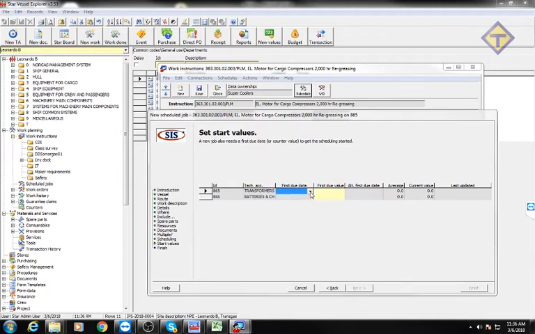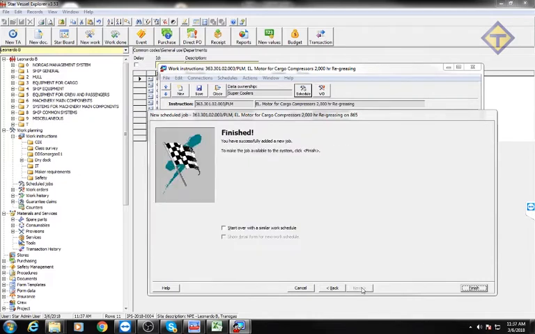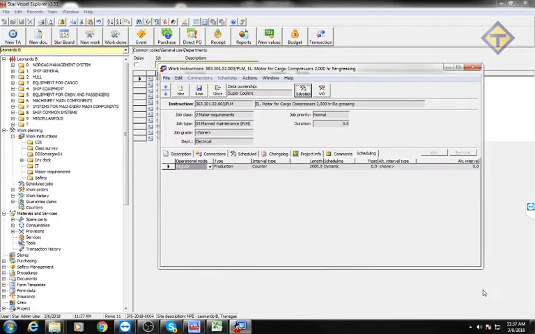As this is based on counting, the first due date is 2000. I'm gonna finalize that. So if I go to the schedule,